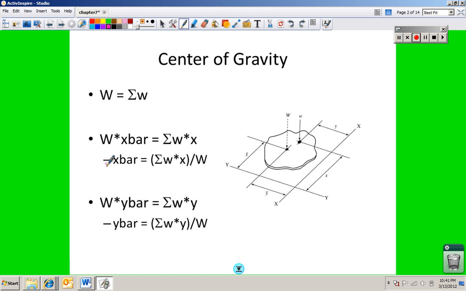And so we have the equation just like previously on distributed loads, where the total weight, W, times x bar is equal to the sum of the little weights times their x location. Alright, so that would be its x location. Alright, and here's its y location. Alright, so y bar is equal to the sum of the little w's times the y, all divided by the total weight